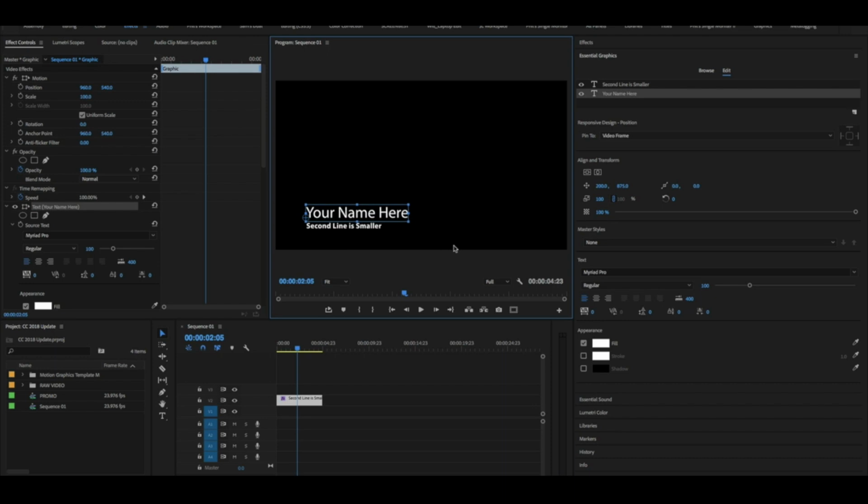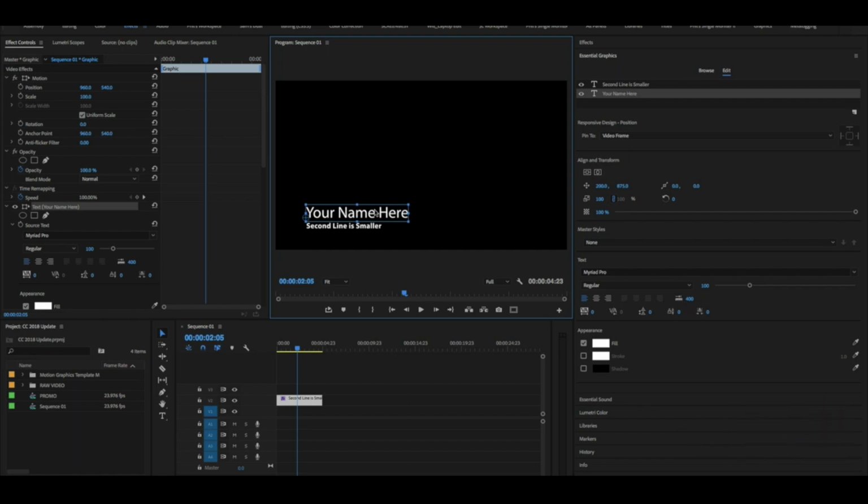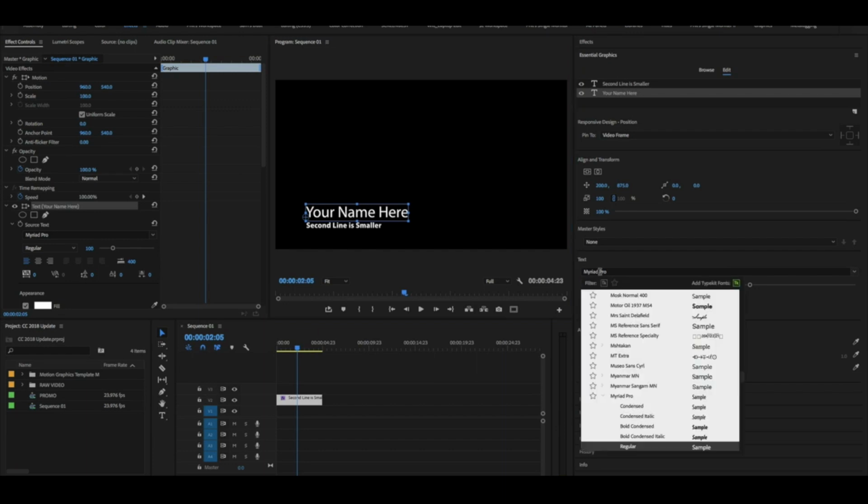title cards or graphics where you have multiple layers in it. Not just text layers, but also shape layers. You could pin a shape layer to the text and it will expand, get smaller, bigger if you change the size of the text, or vice versa. You could pin the text to the shape layer, and when the shape layer increases in size or changes position, the text will match that. Pretty cool, right? Another of my favorite features is in the text dropdown, you now have previews of all the